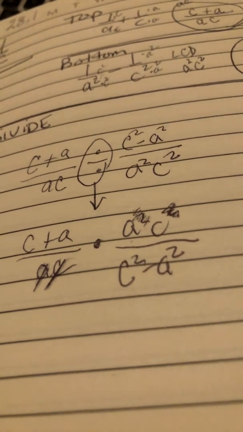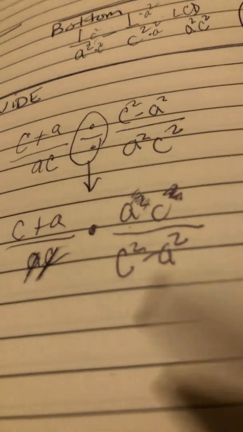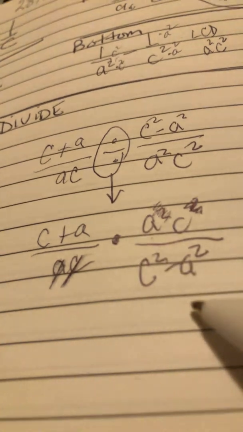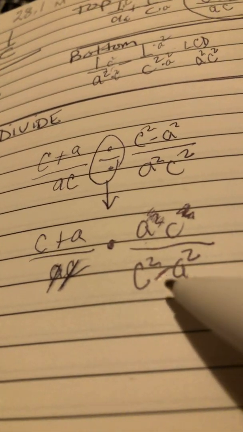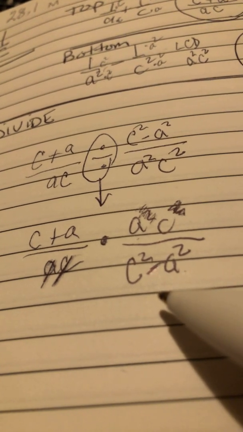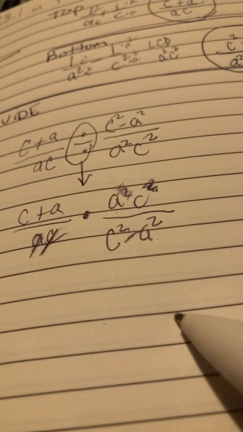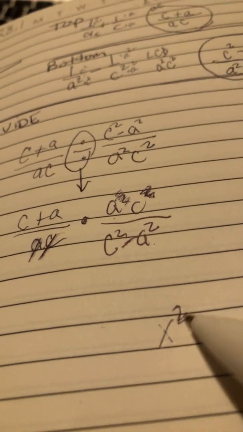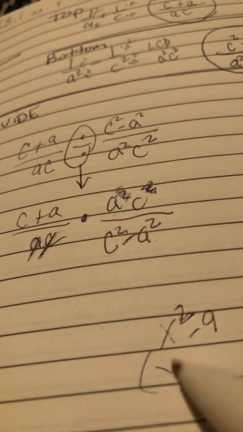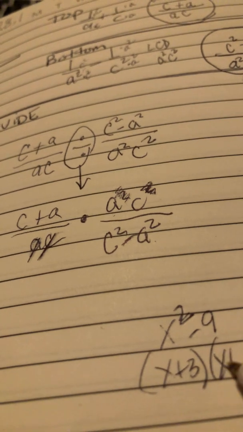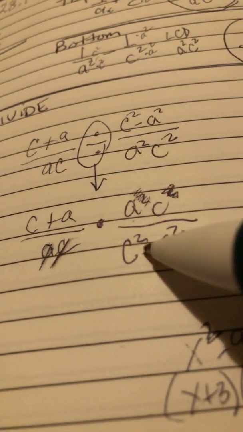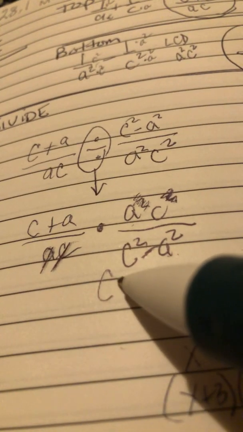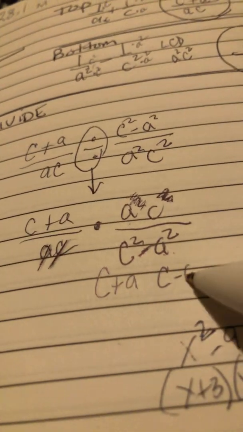The other part, though, we need to factor it to see if there's anything in common. This one's not factorable, but this one is. Notice that both terms are squared. And they say minus. This is that sum and difference of squares. Like when we factored in earlier chapters, if we had like x squared minus 9, we knew that was going to be x plus 3, x minus 3, because you could find the square root of each of those. Well, the same thing's happening here. We can find the square root of these, and it says minus. So this is actually C plus A and C minus A,